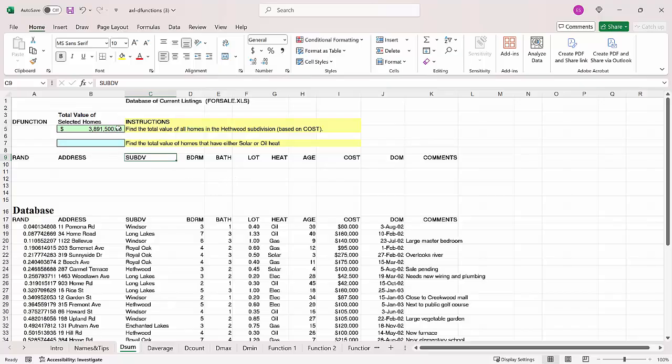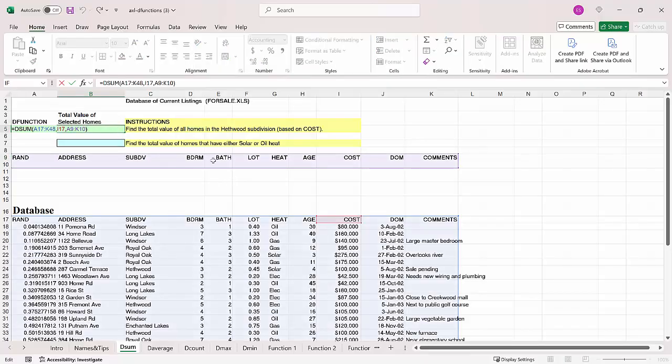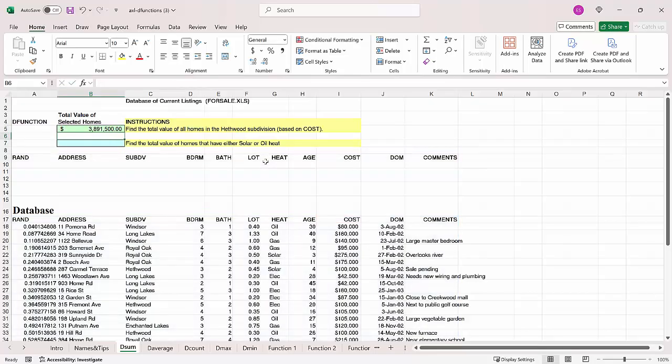So remember when I set this up, I took all of these that I copied and I said, hey, we have to make this criteria area. Then underneath it, I gave it a row, but that row is blank. So think of that like leaving the water running or leaving the gate open to your fence, right? So it's going to actually count everything or sum everything because I never told it what I wanted to sum it by. So what I'm going to do is I'll go to subdivision and now I can use this sort of like a database. So all I have to do is type in Heathwood